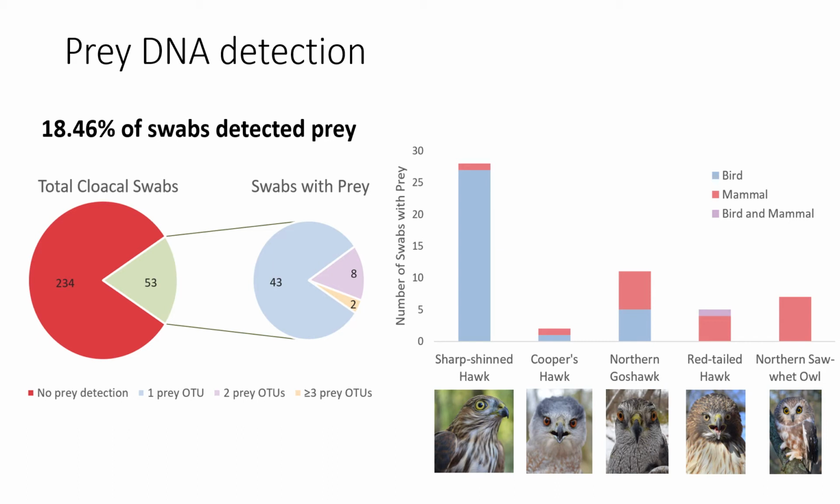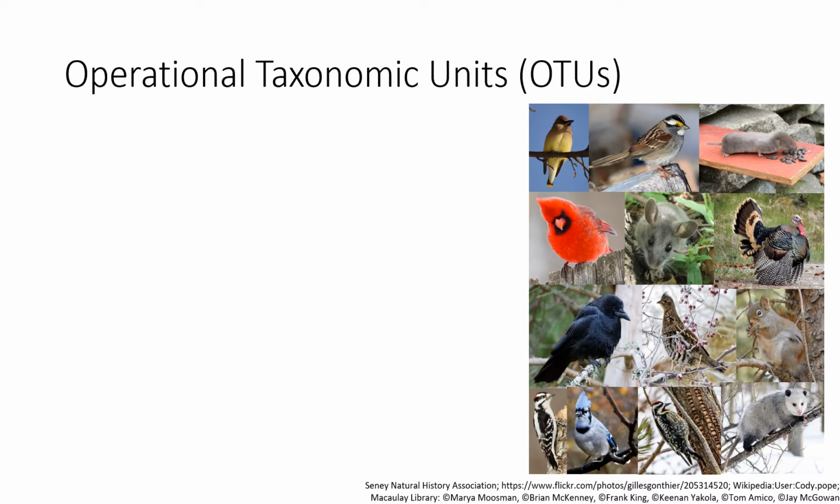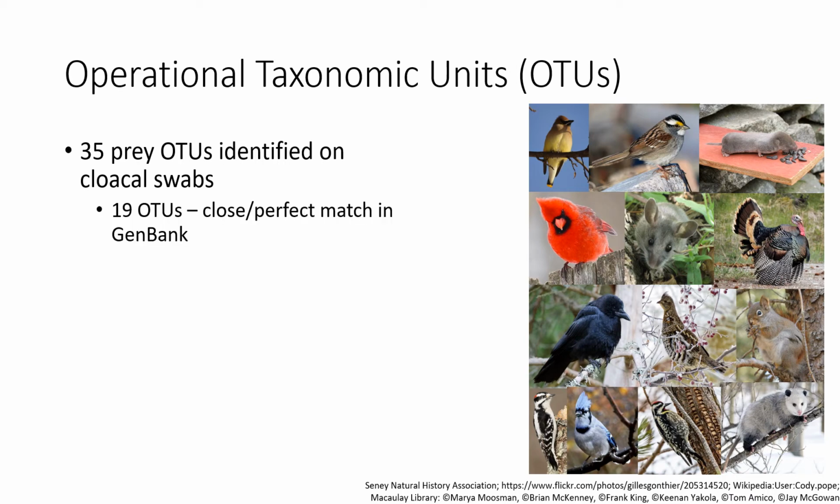Sharp-shinned hawks prey primarily on birds. Cooper's hawks and northern goshawks hunt a mixture of birds and mammals, and red-tailed hawks and northern saw-whet owls eat mostly mammals. Let's take a closer look now at the identity of these prey OTUs. There were a total of 35 prey OTUs detected on the cloacal swabs. 19 of those 35 had a perfect or very close match in GenBank, meaning that we could confidently conclude the